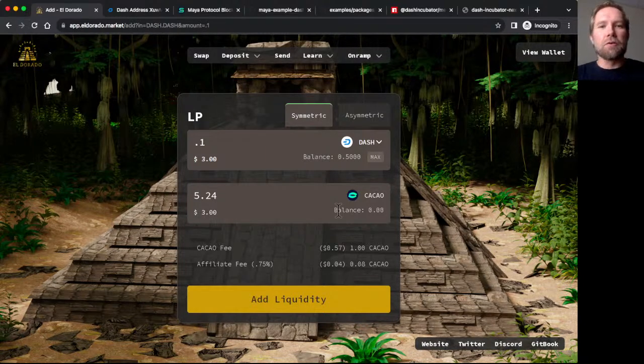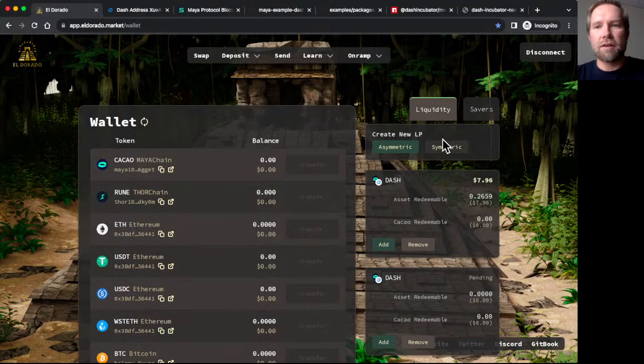But it did go through, it came up with an error, and because I didn't know what I was doing wrong, it had the error twice, and so I did it twice. So today what we're going to do is we're going to try to complete that symmetric liquidity add by adding the other side of what it's expecting. Because if we go back here to the wallet, you can see that I'm in a pending